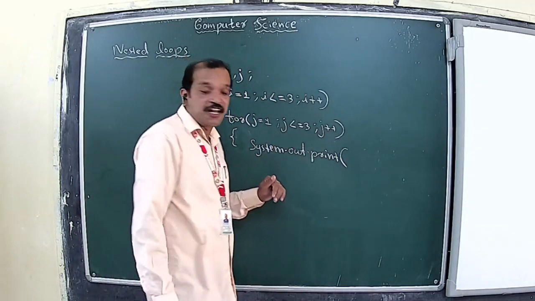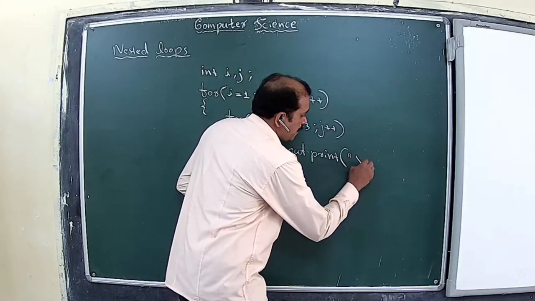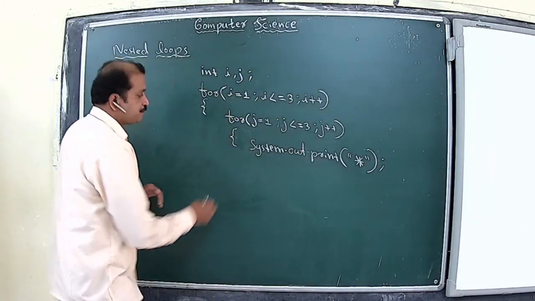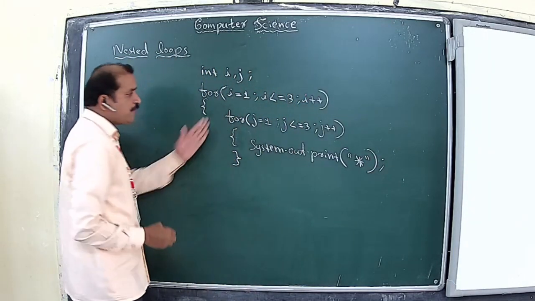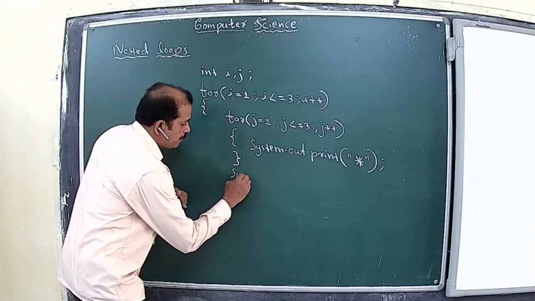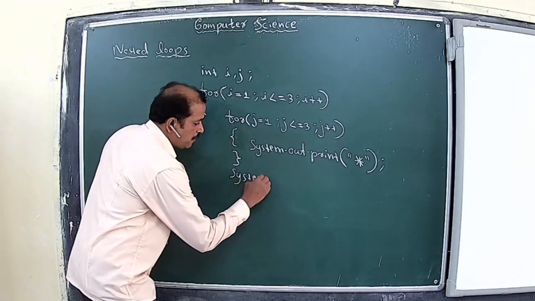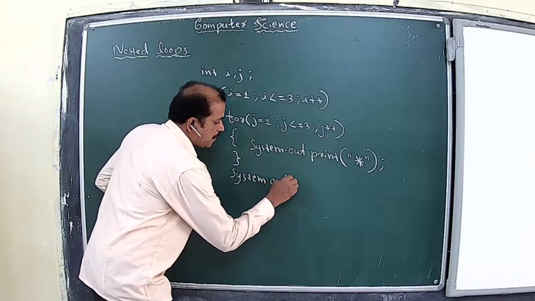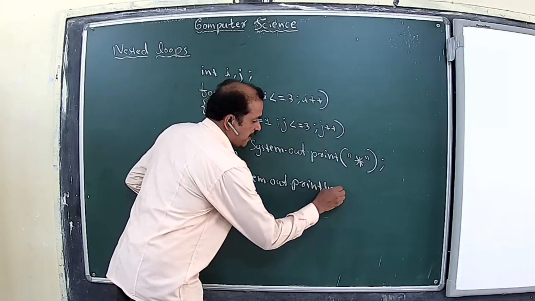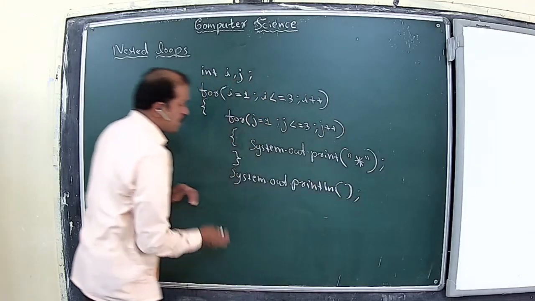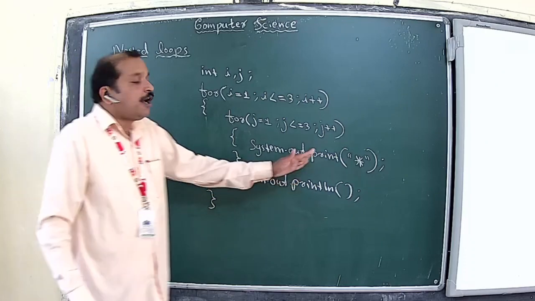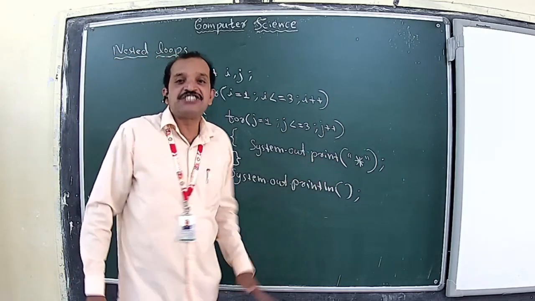So when we go through the driver, we are just printing a star as part of our output. After the inner loop, and as part of the outer loop, after the completion of the inner loop, we are going to give another println statement, the purpose of which will be explained during the driver. As part of the println statement, we are not going to print anything. I hope the purpose of this print and println statement is very clear to you.